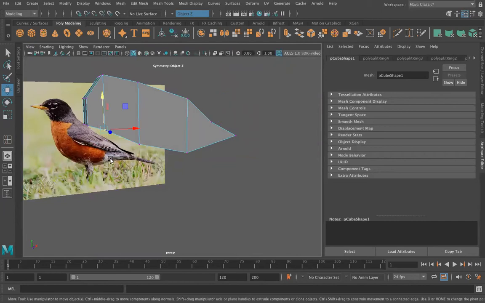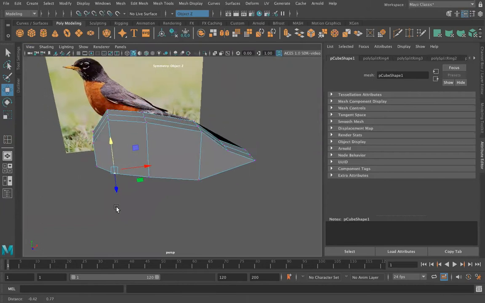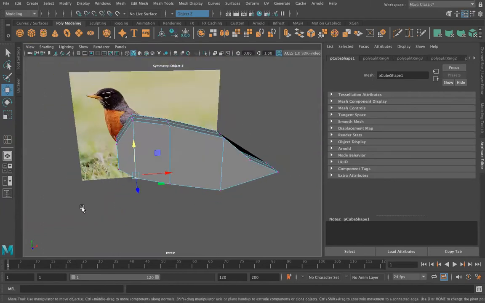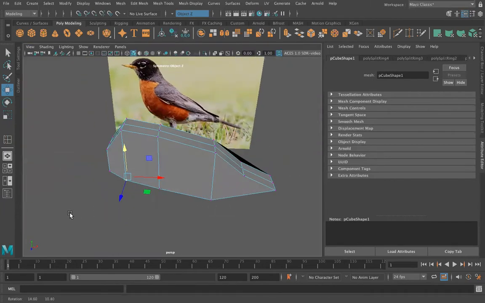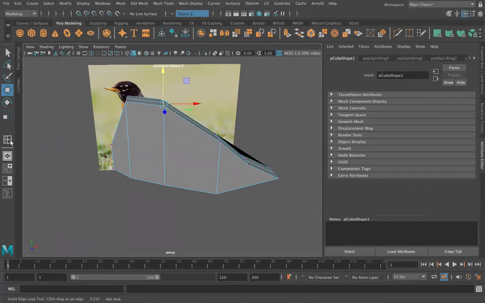Okay, so I will let you play this at double speed, or you can go back and see what I'm doing, but those are the tools that I'm going to be using. Just the move tool, very simple. I'm working in vertex mode, using move tool, adding edge loops, using multi-cut